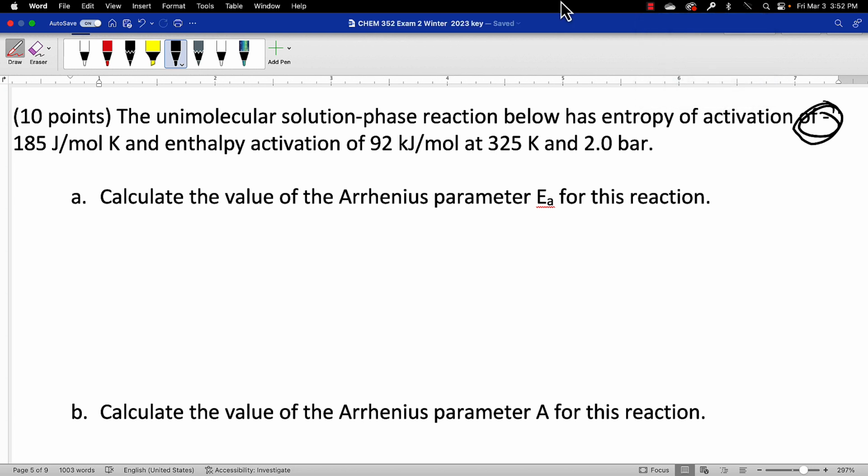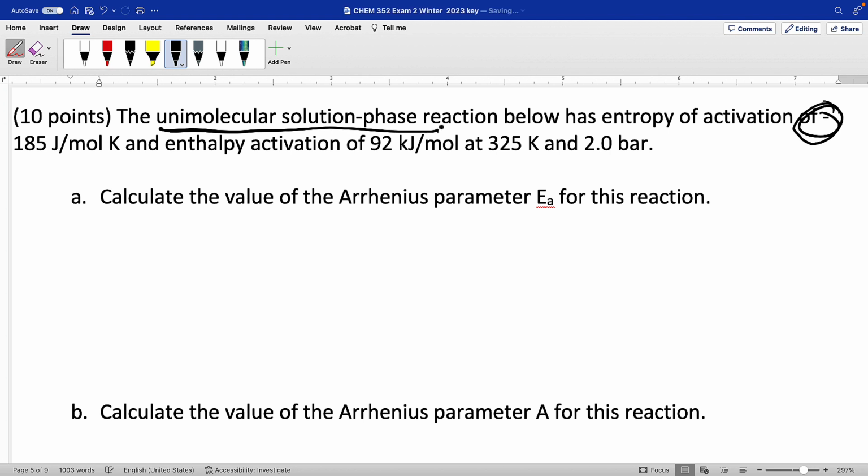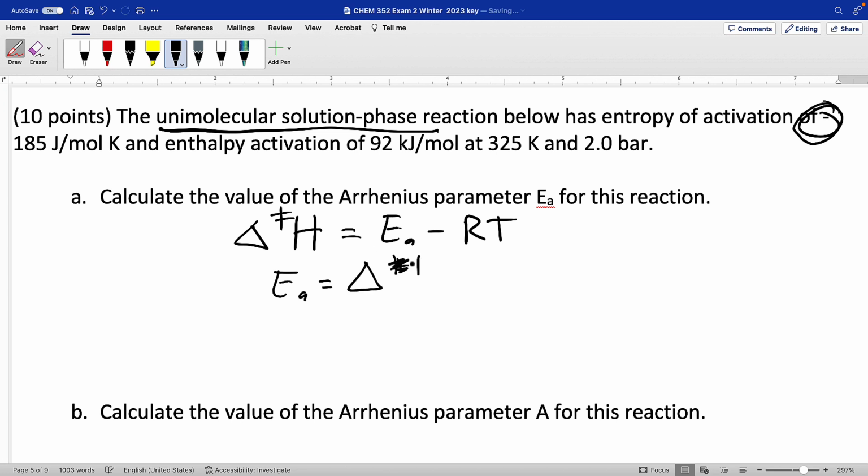Okay, so we've got a unimolecular solution phase reaction, and for those we have that our enthalpy of activation is going to be, this is backwards, that's right, activation energy minus RT. And so then if we solve for activation energy, we can see that we have to add RT to our delta H of activation. So the activation energy is going to be 92 kilojoules per mole,